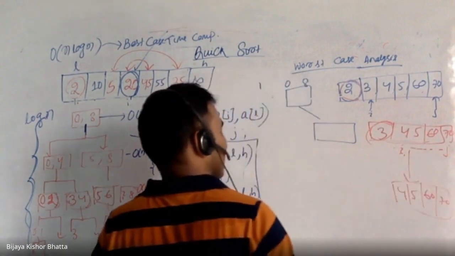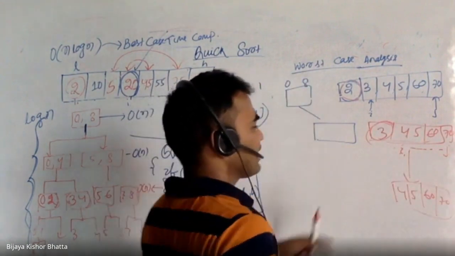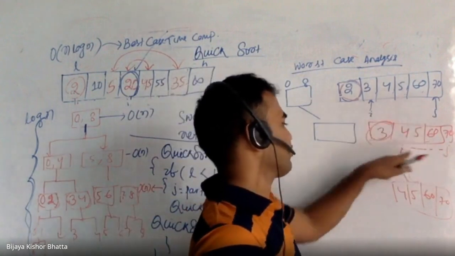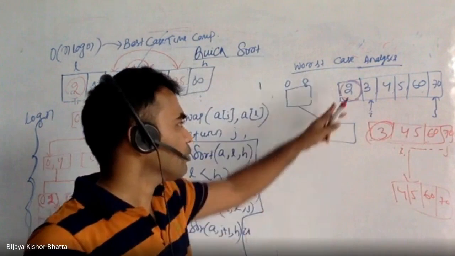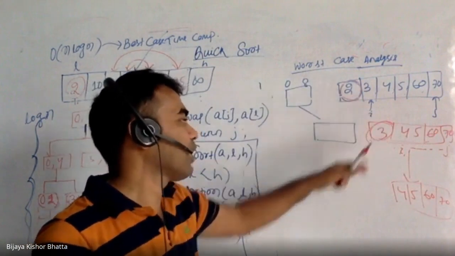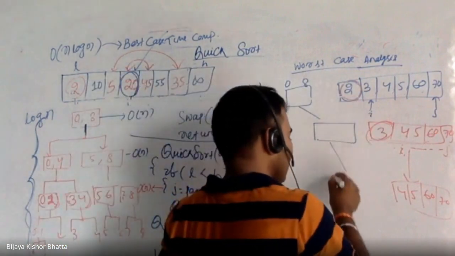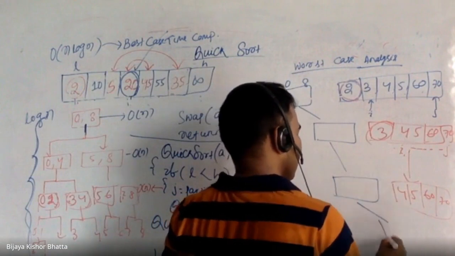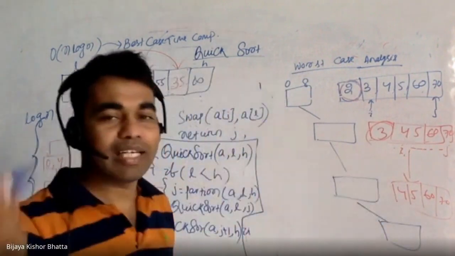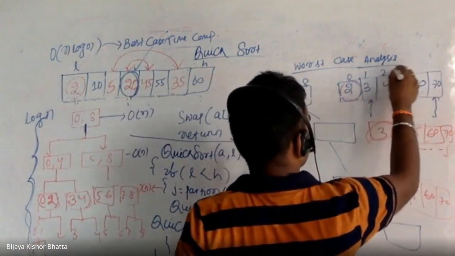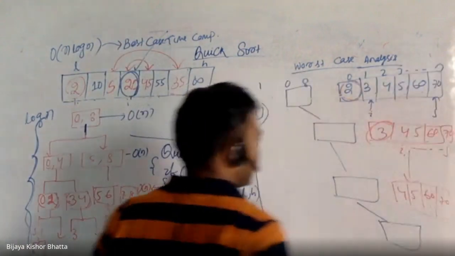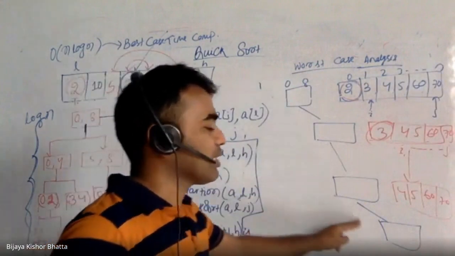So that means what is happening, if you see, unnecessarily I am performing n number of tasks, right? And every time I am only sorting one element. So that means this tree will be tall. Suppose there are n number of elements, 0 1 2 3 dot dot dot n. So what will be the height of the tree, right?